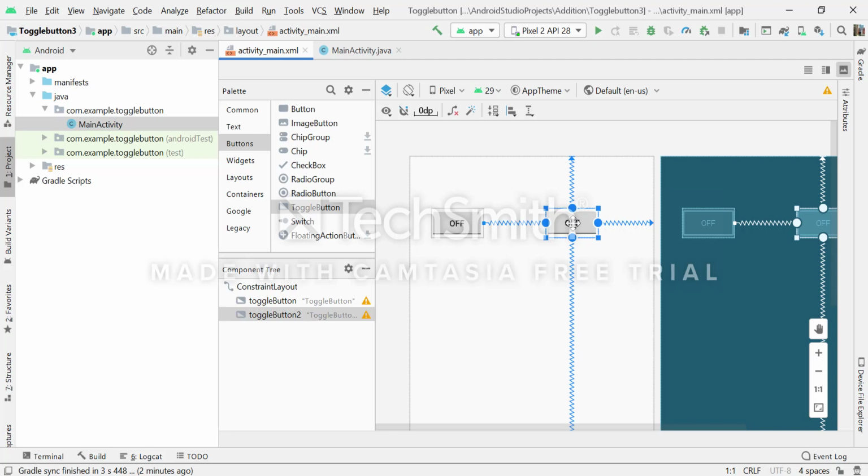Now the question arises, what is the use of a toggle button in my mobile application? The toggle button has a simple benefit. It helps to change the settings between two states. For instance, if the user presses the Bluetooth button, it will change its state from off to on.